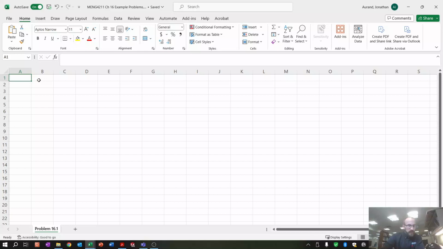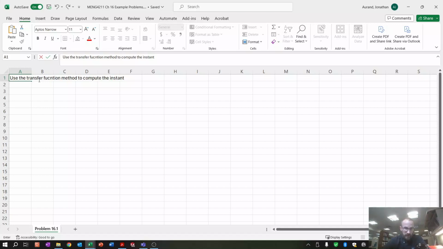So we're going to use the transfer function method. This mic is kind of in a bad place. There we go. Slide it over. Use the transfer function method to compute the instantaneous cooling load for the wall in problem 15.9 with medium construction, 370 kilogram per meter squared,